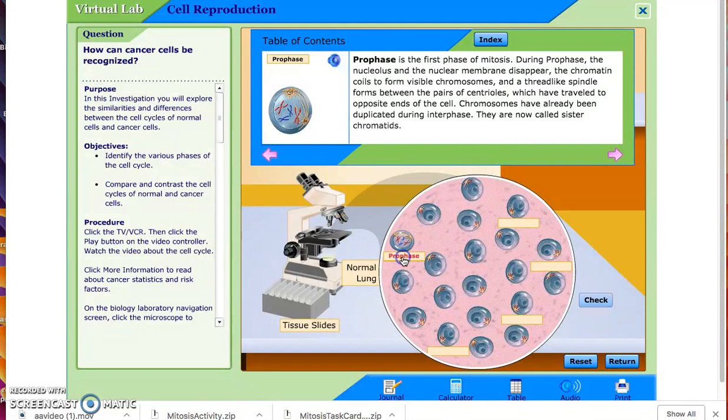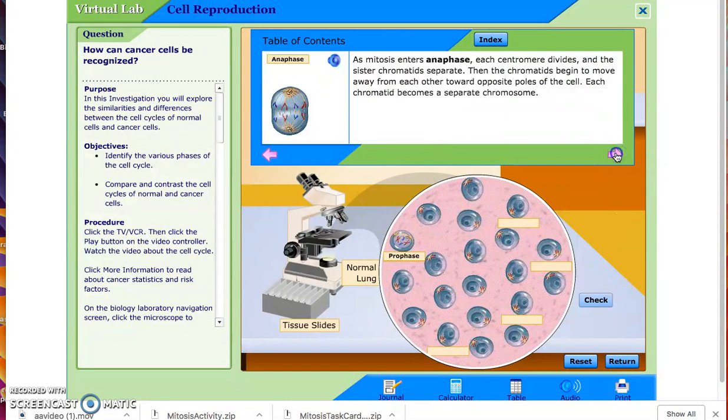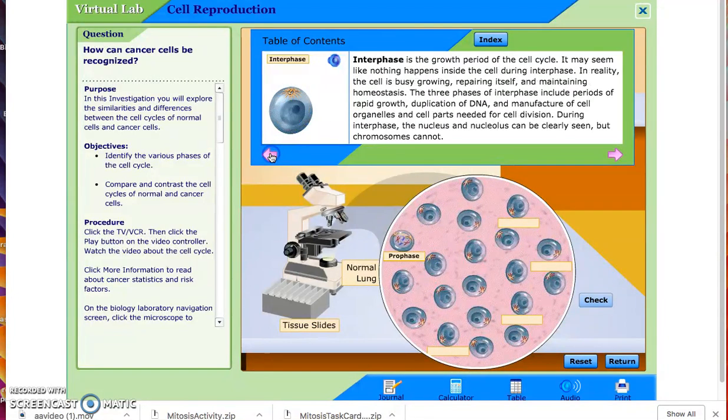Okay, so we're going to label all these phases. You're going to have to scroll through to see if you know which ones match. If you look, the rest of these look like this, so I'm going to label each of these like this. Okay, now I'm going to hit check. And if it was correct, it's going to label the rest of them. And then your job is to put how many are in interphase, how many are in prophase, metaphase,